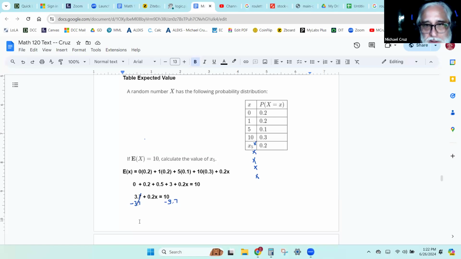So that means right here, 0.2x is equal to 6.3. So 10 minus 3.7 gives us 6.3. And then the last step,